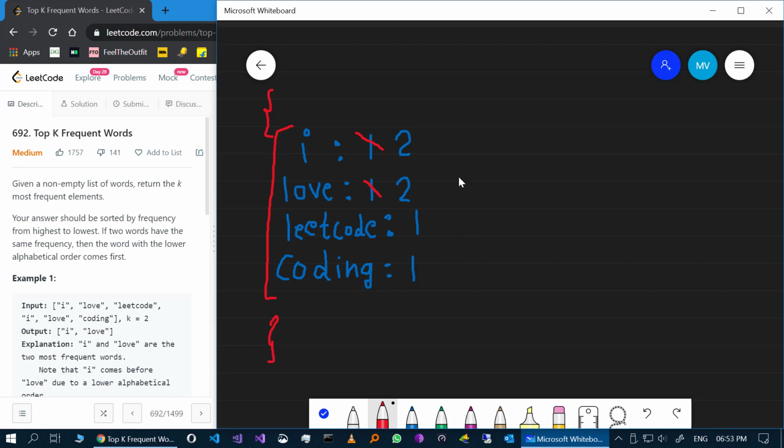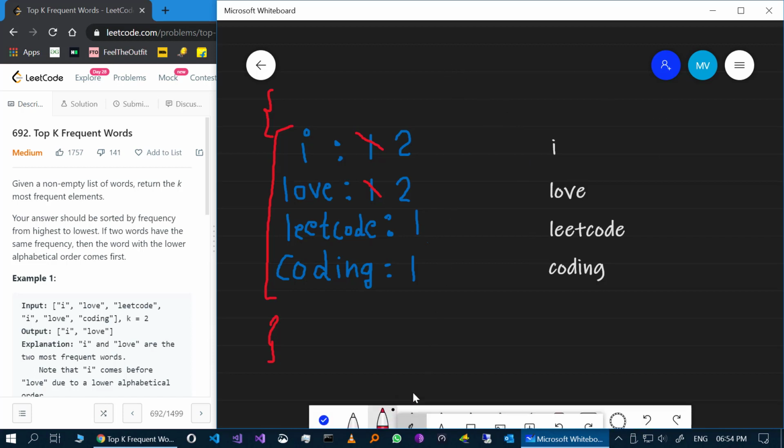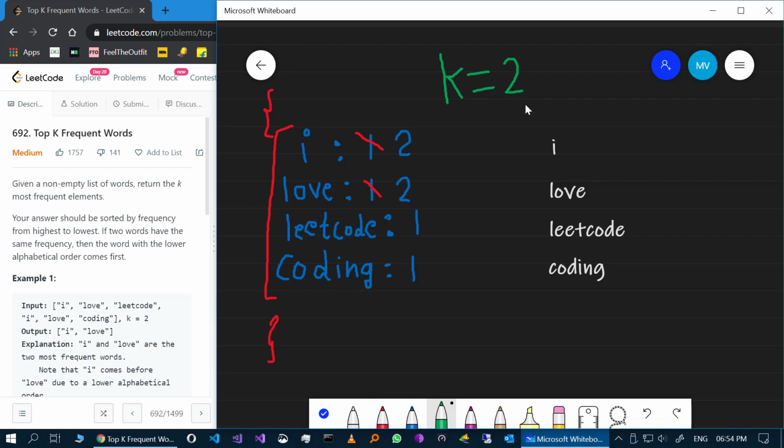So after taking the unique words from the map, my list will look something like this. And now I want to sort this list and then take the top k elements from this list. Here in this case, k is equal to 2. Or let's just modify the example a little bit. We will assume k is 3. Then it will be easier to explain actually. Now what we will do is use the custom comparer first to compare them with their values, which is the frequency. If the frequency is same, then we will order them according to their key in alphabetical order.